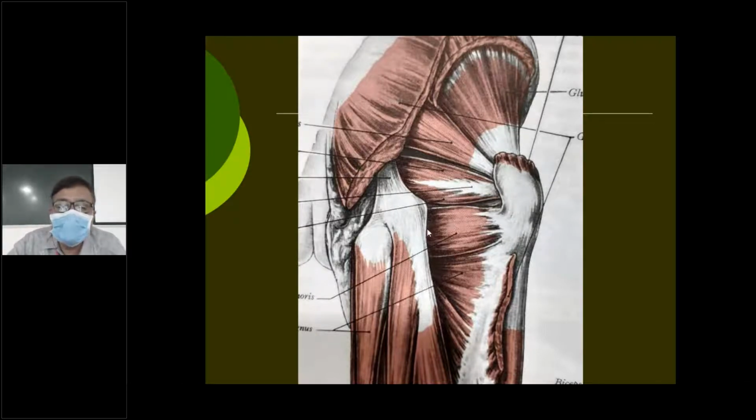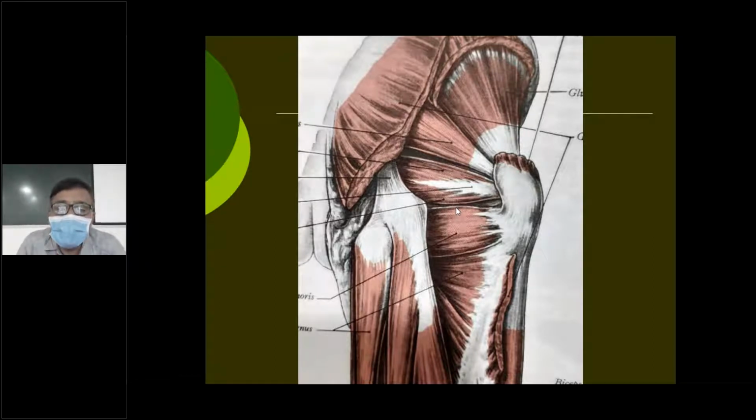Now look at this one, which is somewhat rectangular shaped. This is called quadratus femoris. We should be careful in uttering this muscle to distinguish it from quadriceps in the front. This is quadratus according to its shape. So: piriformis, superior gemellus, obturator internus, inferior gemellus, quadratus femoris. Now, if you reflect the quadratus femoris, there is the last one, deep to it, called obturator externus.